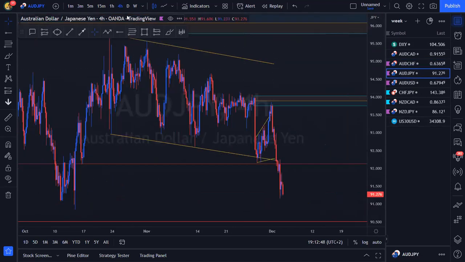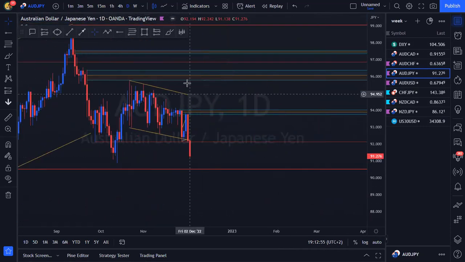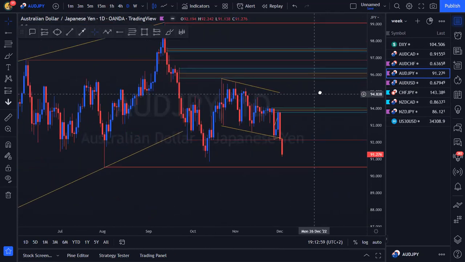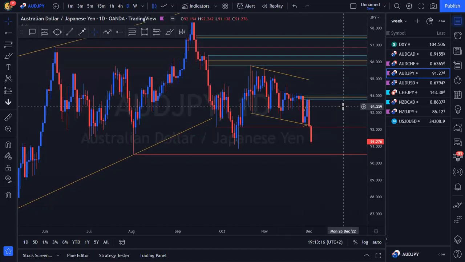Anyway, let's just go on to AJ. We'll see what's cooking on AJ. So on AJ, last week, I was a little bit sell biased, but I was scared to take the trade because of this descending structure inside of here. We were at support, a level of structure that we broke below, broke back above, and yeah, cool. So that's kind of why I was a little bit scared to sell from inside of there, but nonetheless, it played out, whatever. It is what it is.